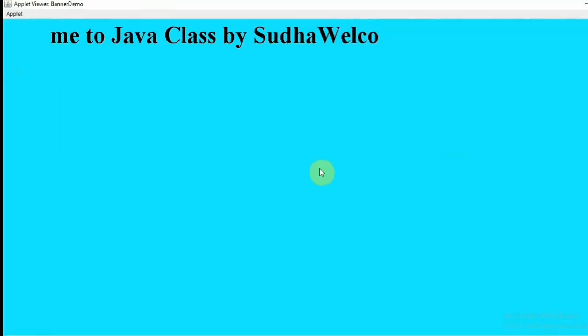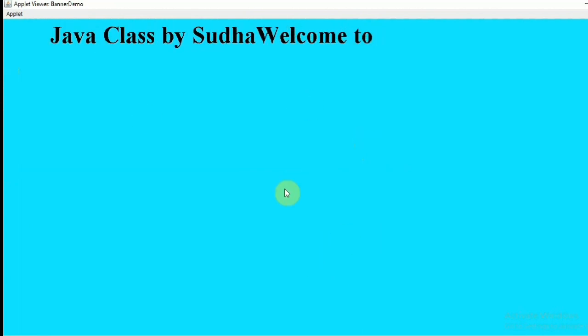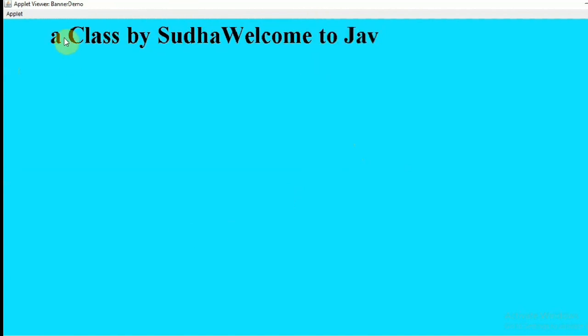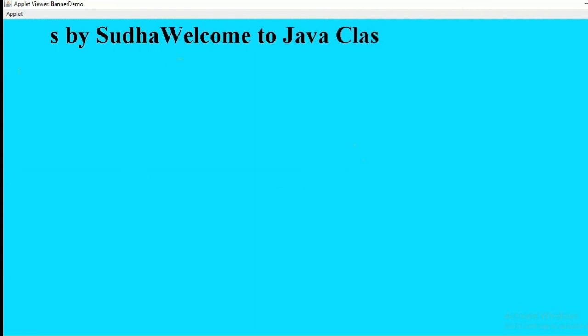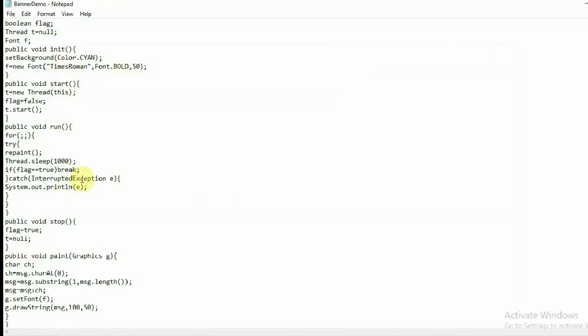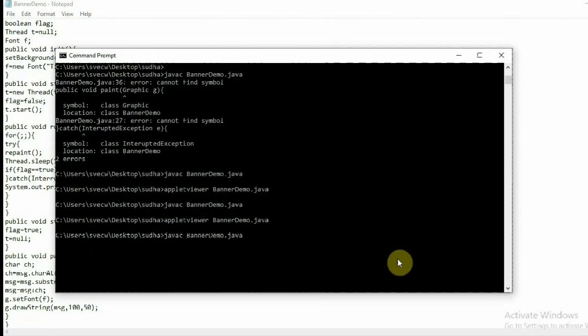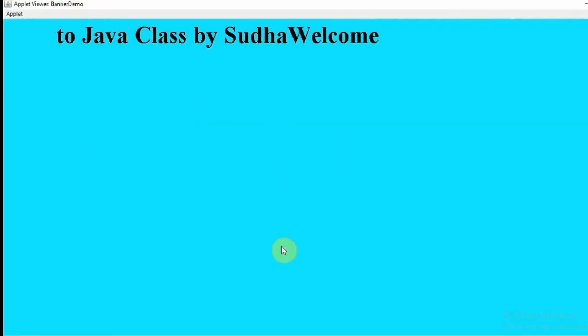So you can see the difference here, friends, and you can see that the banner is moving, but it is moving a bit slowly because it's a 1 second lapse. So to increase the speed, I'm reducing the time there. I'll put it as 100 milliseconds. Near the sleep method, I had given 1000 milliseconds. So now I'll be giving 100 milliseconds. So you can see the effect that now the banner will be moving much faster than compared to the previous one.